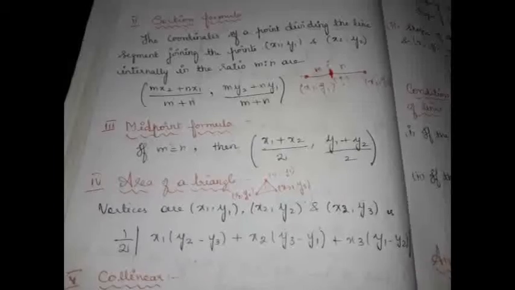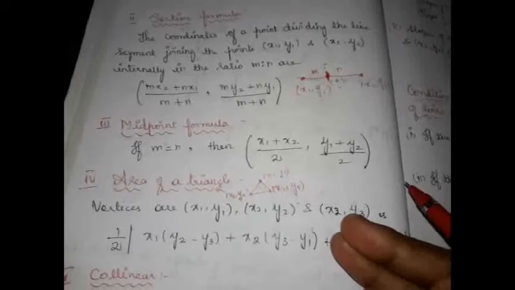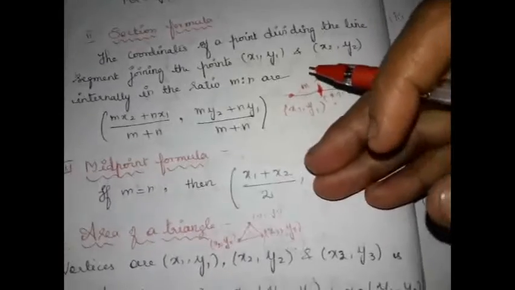What does the modulus stand for? We will take only the absolute value, only the magnitude in spite of the sign. Even if we get a negative, we will take it as a positive because we are dealing with area here. Area won't be negative. We are concentrating only on the values, that's why we have the modulus here. These 4 things you have learnt in your class 10 as well. This is just a recall of the things.